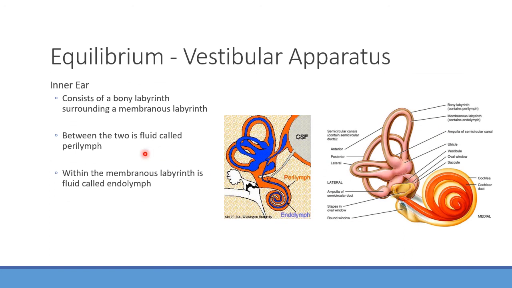So the inner ear itself consists of this bony labyrinth. It surrounds the cochlea and the vestibular apparatus. And between this bony labyrinth and the membranous labyrinth, where the actual tissue that helps us with equilibrium resides, we're going to find what we call perilymph. Perilymph is a fluid located there. And then the opposite of that is what's actually within the membranous labyrinth. That's called endolymph. These two have to communicate with one another. We'll see how they do that, but these two need to be maintained in equilibrium, as you'll see.